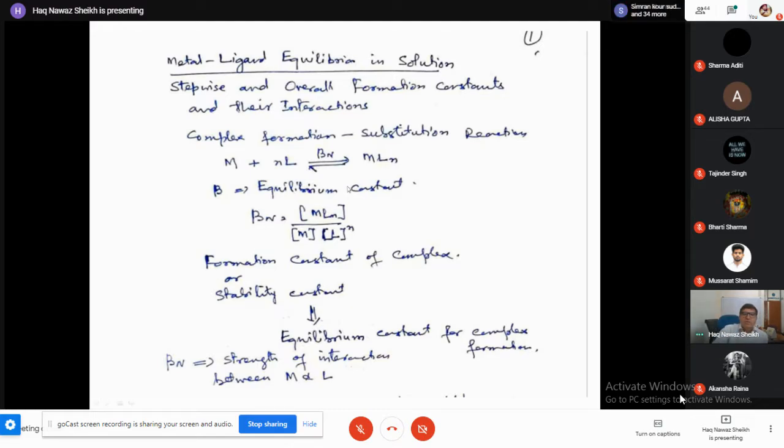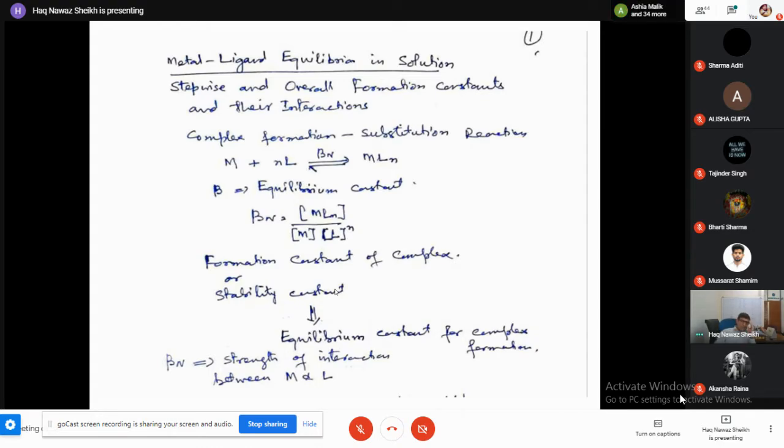In other words, because the reaction is an equilibrium, if this complex breaks down into the individual metal and the individual ligand, that gives you the instability constant. The reverse process is the breakdown, the dissociation of the complex, and the forward process gives the stability of the complex. So the numeric value of this equilibrium constant is parallel with the stability of the complex. The higher the value of beta n, the higher the stability of the complex. The lower the value of beta n, the lower the stability of the complex. So the equilibrium constant for a complex gives you a measure of the extent of formation of a complex. So you can call it the formation constant of a complex,